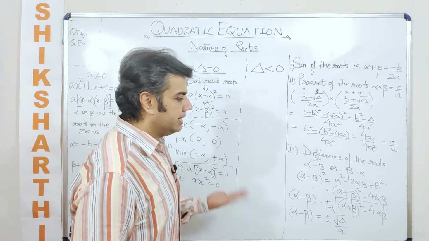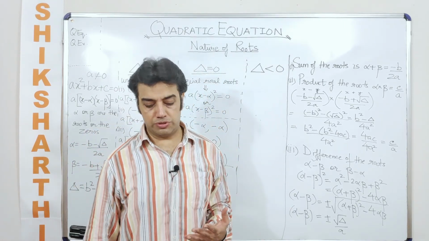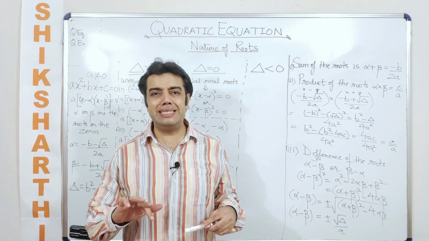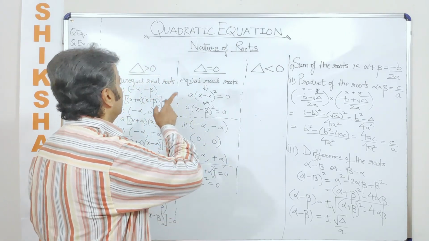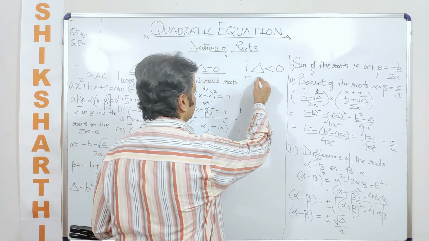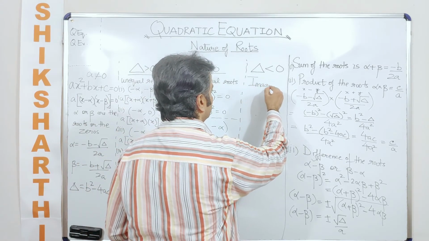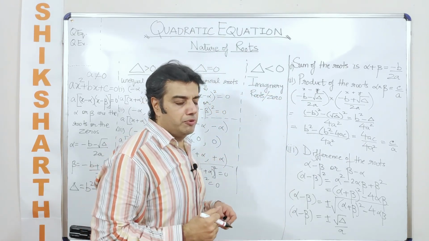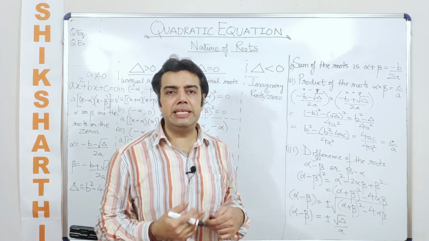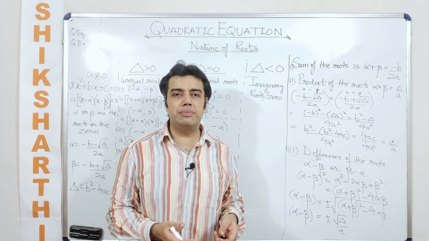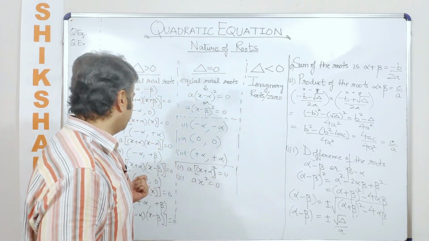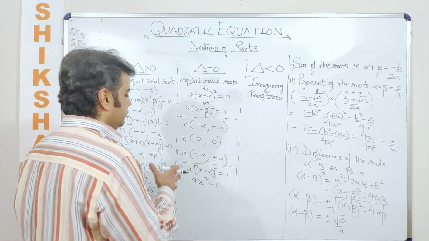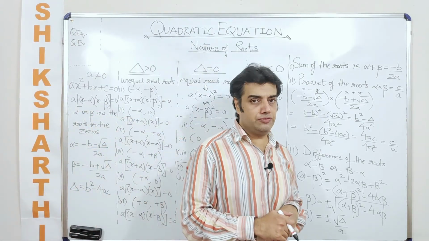This discussion can be further taken to a next level. What is the nature of the roots? Though we are talking about the nature of the roots, we are basically talking about delta deciding the nature of the roots. So real unequal, real equal, or here we are talking about imaginary roots or non-real roots. But then we can talk about the type of roots. Type means what kind of a number is it? Is it an integer? Is it a non-integer? Is it a real number? Is it an imaginary number? Then this discussion can be further subdivided, which we are not talking about as of now. We will be talking about it in our next video.